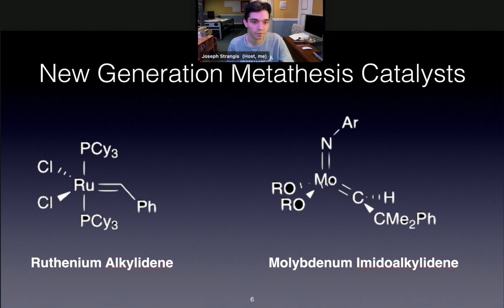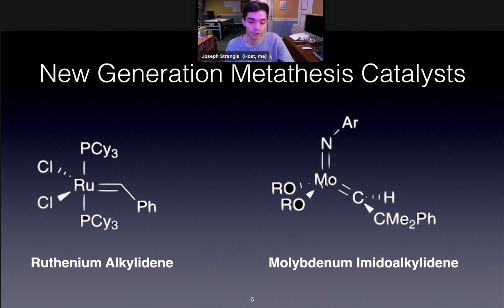Since pretty much the 1950s, newer catalysts have been introduced, and the development of the ruthenium compound came to light in 1992, and the molybdenum complex shown on the right came about just shortly before. But both of these catalysts gained the respective scientists the Nobel Prize. And in the case of the ruthenium catalyst, better known as the Grubbs catalyst for the scientist who coined it,